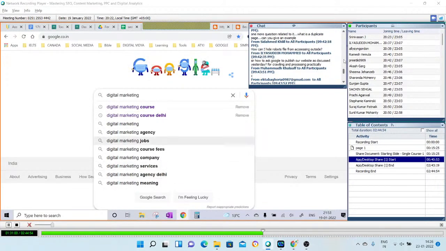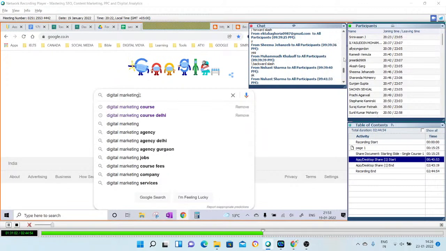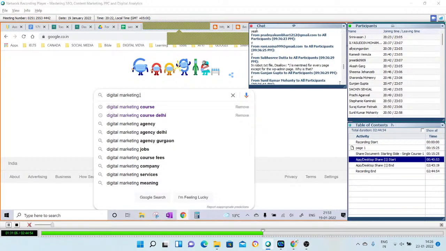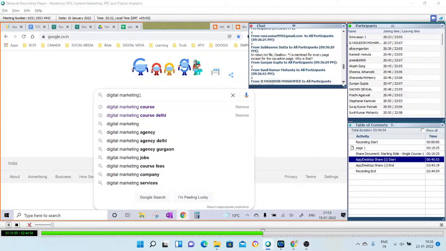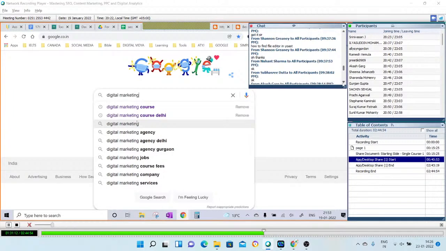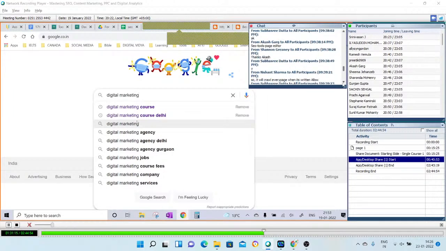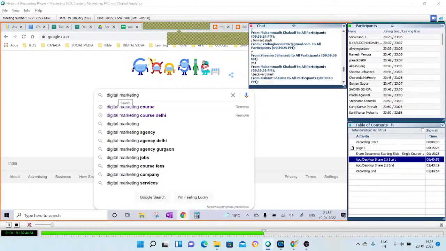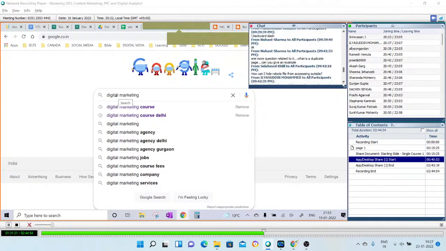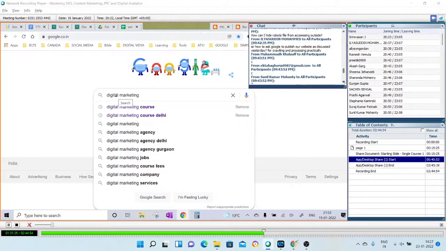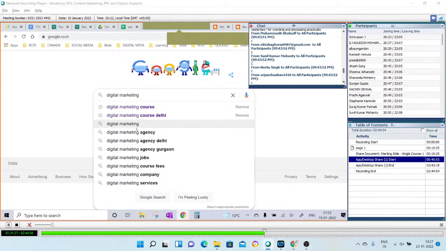Can you see that? And if you put digital marketing, you will not see Delhi much, because maybe you're not staying in Delhi. So this is the second thing which the suggestions tell you: in your location, which keyword is being searched more. Are you with me? That is what you're getting from here. So you are getting the keyword ideas which are in trend in your location only, which have been searched a lot. That's why they have come in the top 10 suggestions.